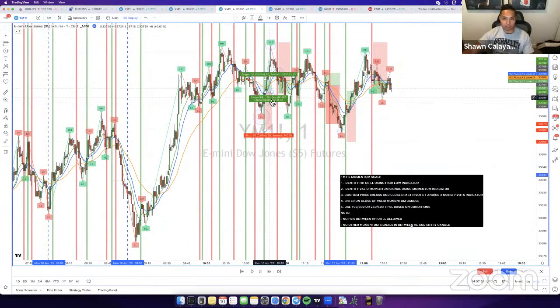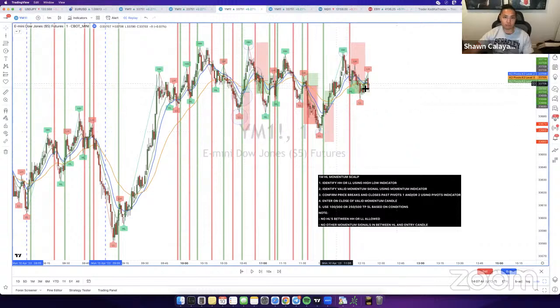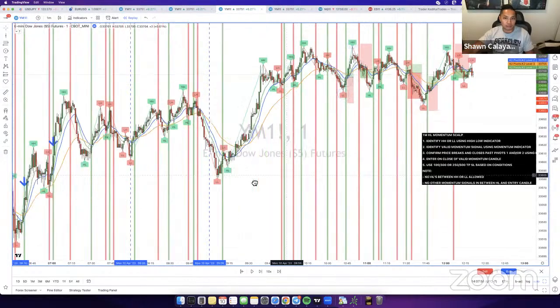As you can see right here, there's 1, 2, 3, 4 wins here and 1 loss. So if you took any of the trades today, you probably would have ended up in profit unless you only took like the 1 losing trade today. So 4 wins and 1 loss for the day. Other than that, there's not really much else that came up today.